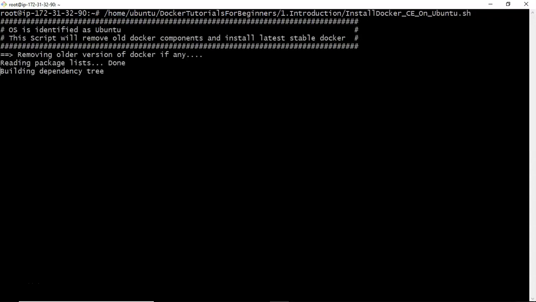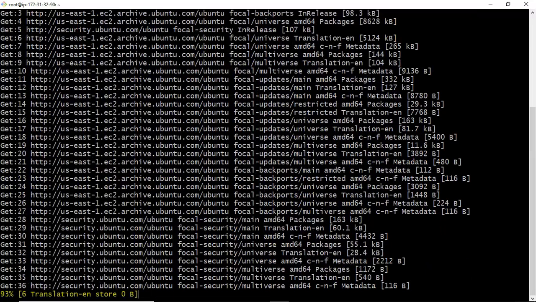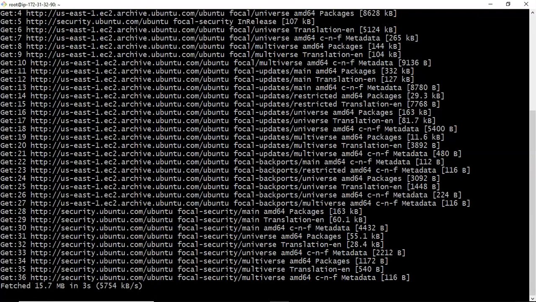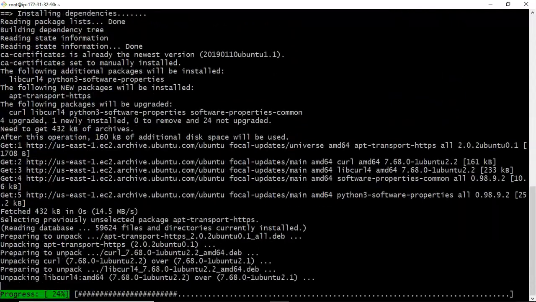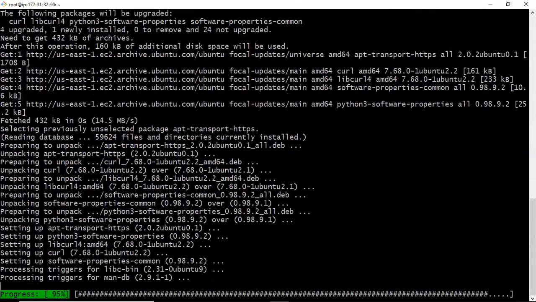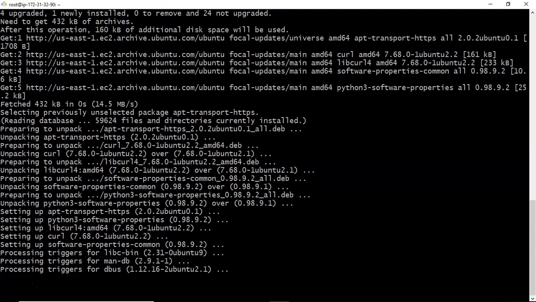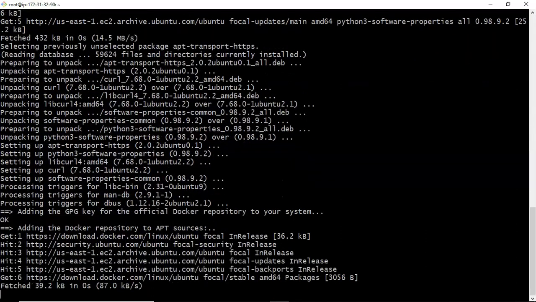See that, OS is identified as Ubuntu, then it is installing. So whatever the steps we are performing manually, all those steps I added in this script. That's it. So it is going to install your required Docker Community Edition. Anyway, it will install latest Docker on your host. So just wait. Before executing this script, just open it and see step by step what the logic is inside that.